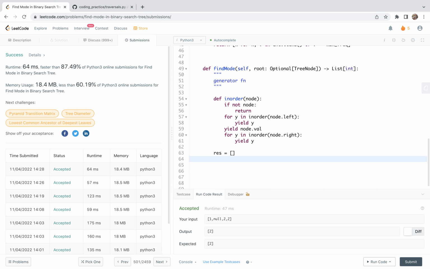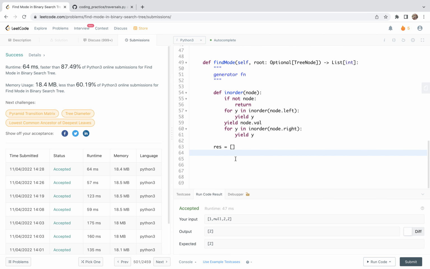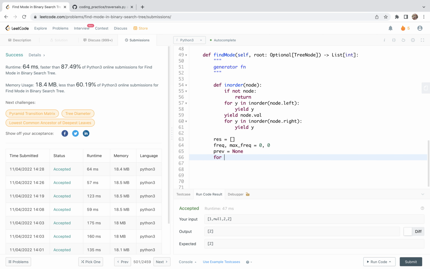So next, what we want to do is to find the maximum frequency and then return it. So for this, I'm going to initialize a result variable, which is an empty list at the very beginning. And then we're going to have a frequency and the max frequency initialized to be 0 and 0. And let's make a previous to be none. And then we are going to iterate over the iterator of inorder result, right? So for y in inorder root,